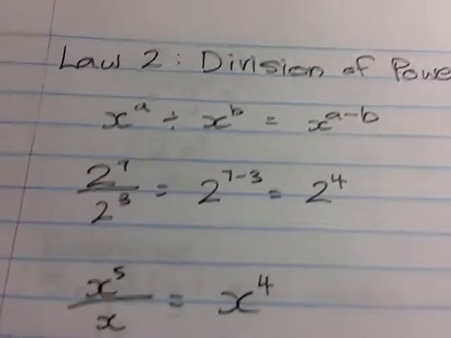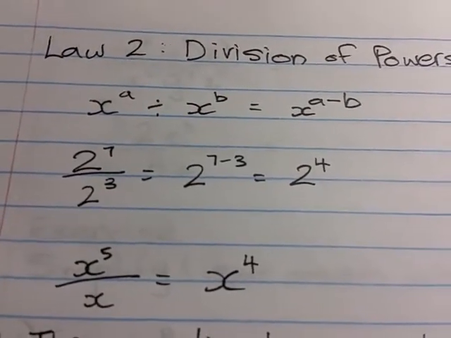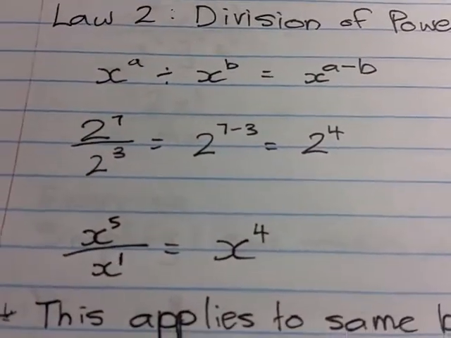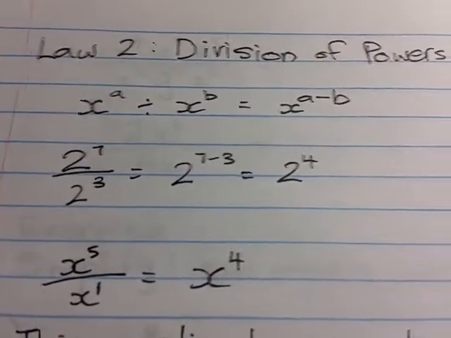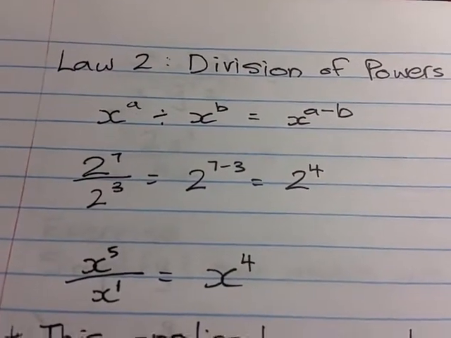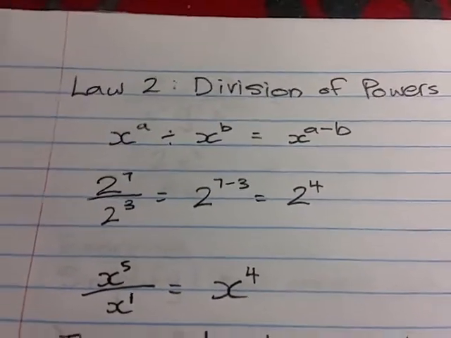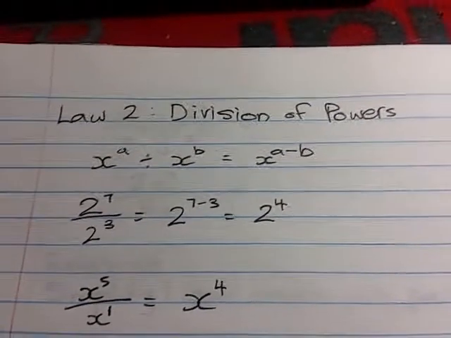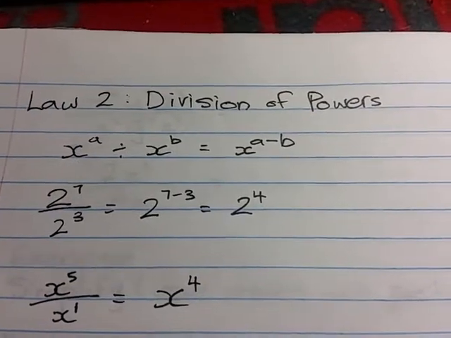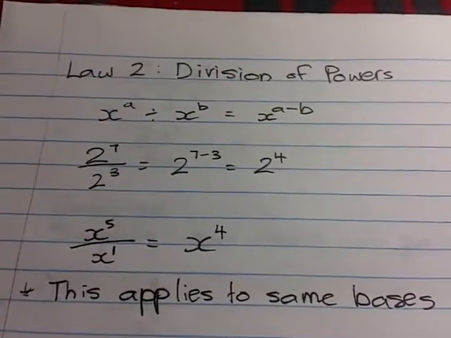Another example, x to the 5 divided by a normal x. Remember, if you don't see an exponent there, you count it as an invisible 1. So what we're doing is x to the 5 divided by x to the 1, which gives you x to the 5 minus 1, thus giving you x to the 4. Pretty straightforward. There are 3 minor points to indicate regarding this law of exponent, which we will cover with, just like the previous one,